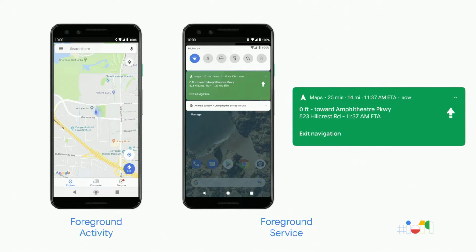What's a good example of a foreground service? Let's just say you're using a navigation app, and you have requested turn-by-turn directions from the app. While the app is providing turn-by-turn directions, if you hit the home button to get to the home screen, or you turn off the device screen altogether, you would notice that the navigation app would continue to provide directions even when you're on the home screen. Now, that's a good example of an app using a foreground service.